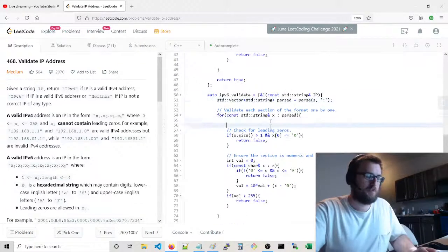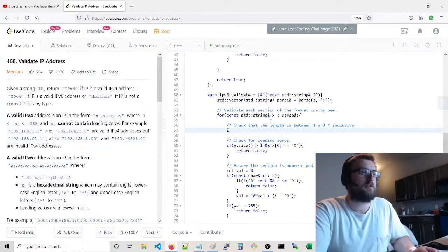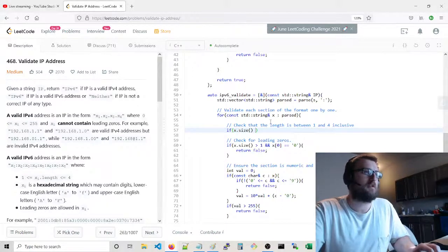So check the length. Length is between 1 and 4 inclusive. So if x dot size is not 1 is greater than or equal to x dot size, and